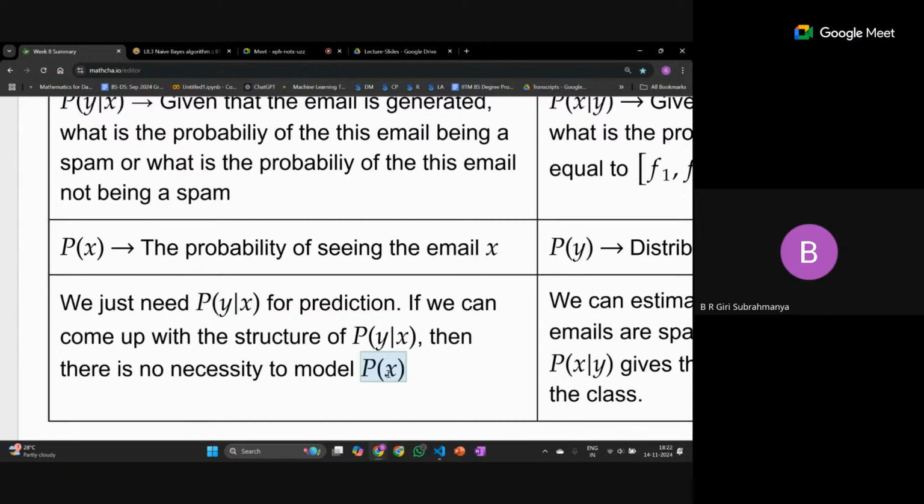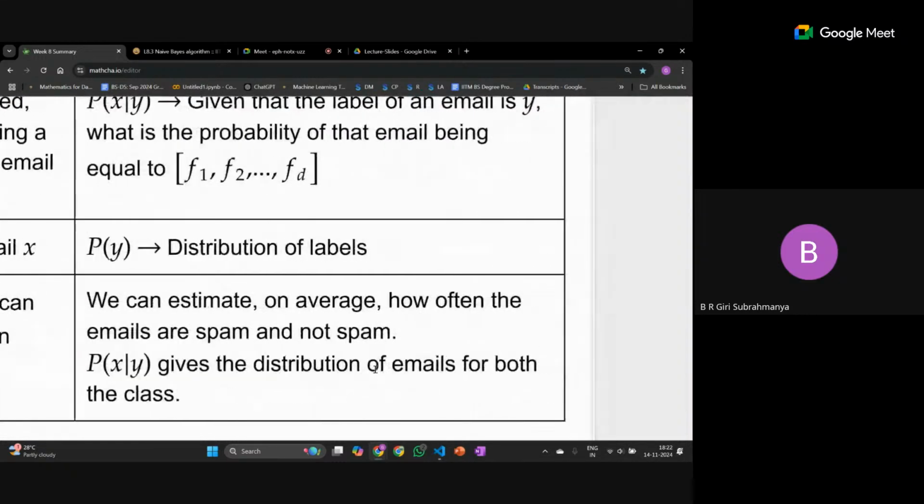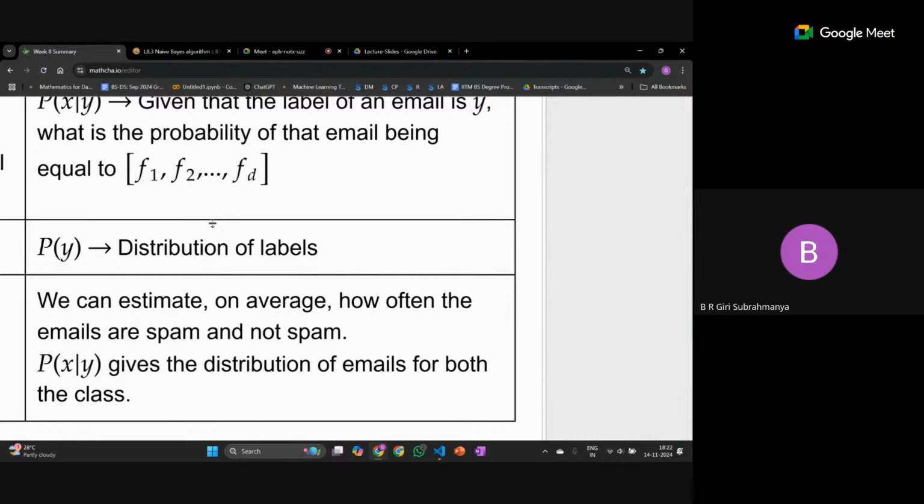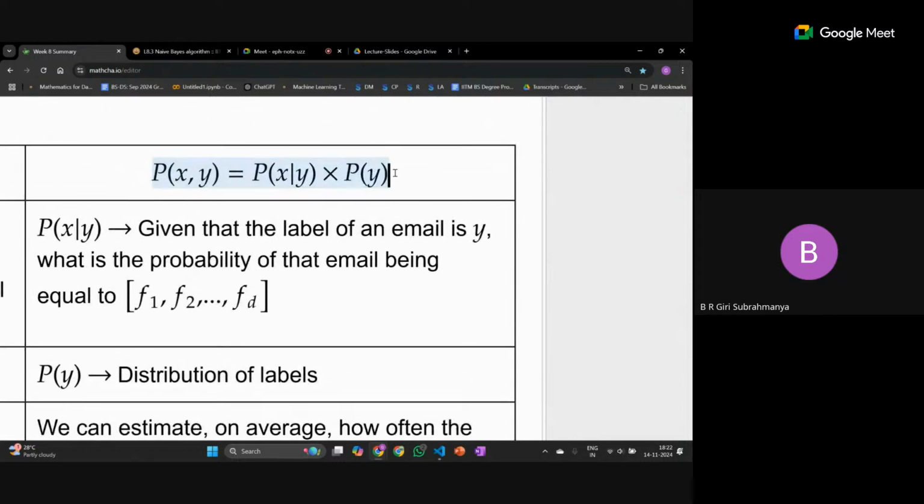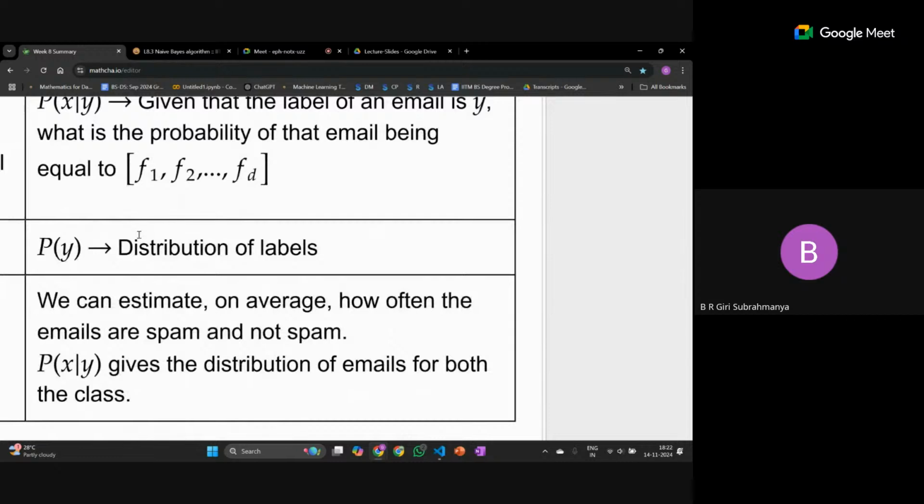If you can model this and come up with an efficient model, then this is not necessary. But if you look at the other side, if you model it this way, then if you know the distribution P of y, you can, on average, say how many emails are going to be spam and how many are not going to be spam. If you know this distribution, then you can make a reasonable estimate. So this is something you will gain here. What you will also gain is